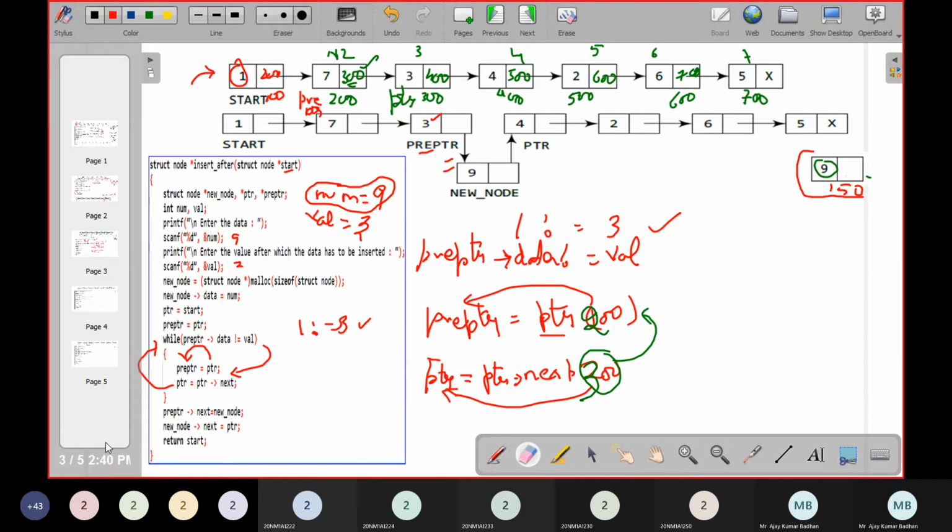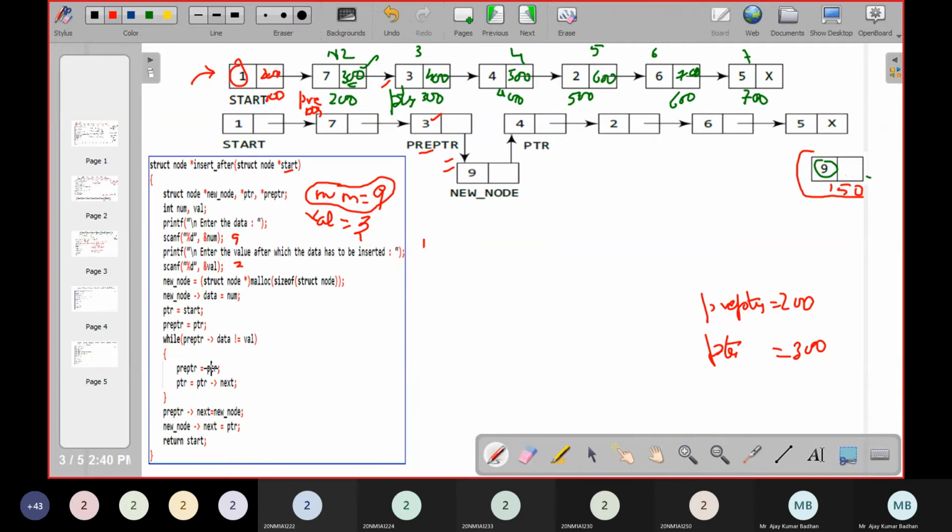And again, now you people will be performing the same operation. Next. So what is the value right now we have for pre-pointer? Pre-PTR equal to how much we have? 200. So it is present in the location node number 200. Now what about the pointer? Pointer is having the value something called as 300. So right now the pointer is present in the node which is having address 300. Cool.